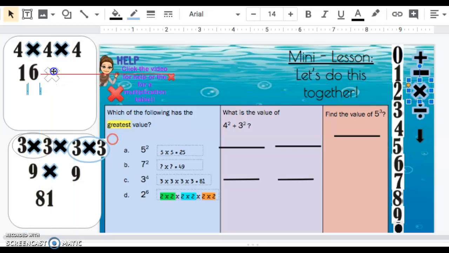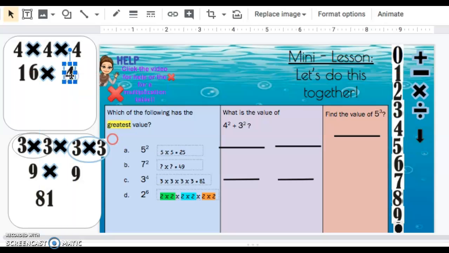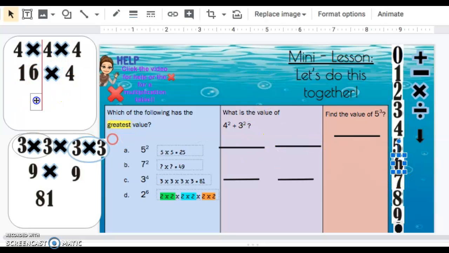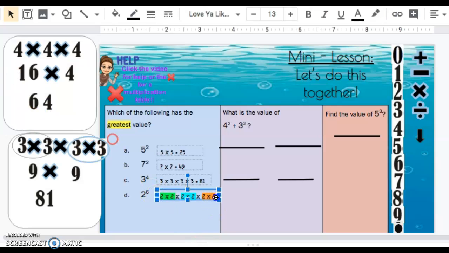Times 4. And then when we do 16 times 4, you would get 64. Because what I did on my scrap piece of paper off to the side, I did 16 times 4. If I were to line those up and do 6 times 4, which is 24, 4 times 1 is 4, 5, 6. So it would give me 64. So this answer would equal